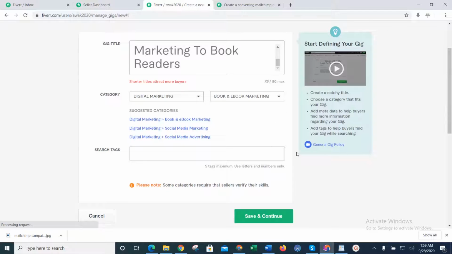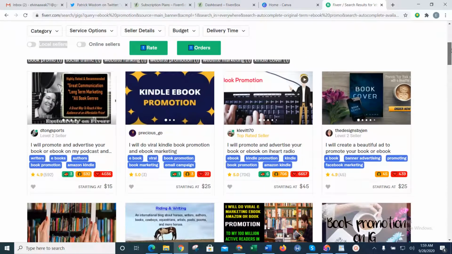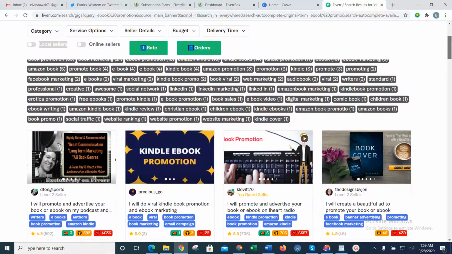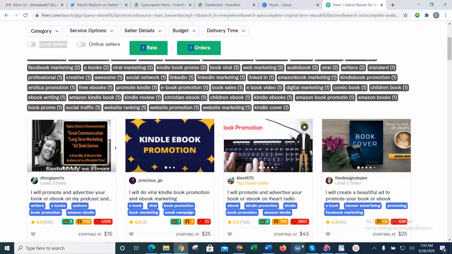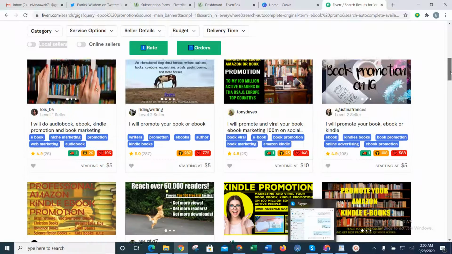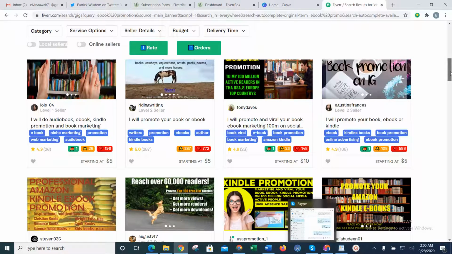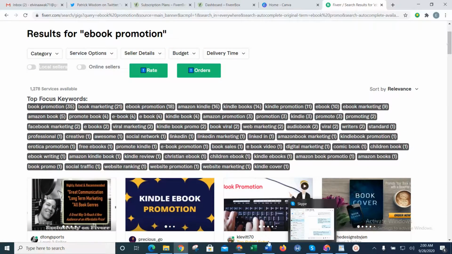Then the side tags. Now how will you find the side tags? Well, I explained that in my previous explanation. You see, the best keywords that people use here, you use for your gigs as well. People use ebook, book promotion, Kindle promotion, book marketing, and something like promoting Facebook marketing, niche web marketing, book promotion, book marketing, Amazon Kindle. So let's use